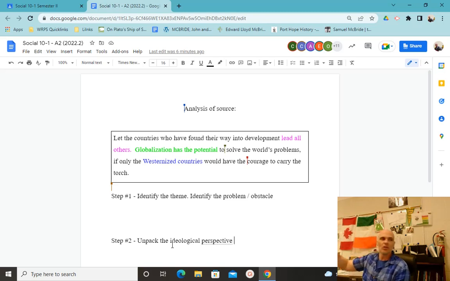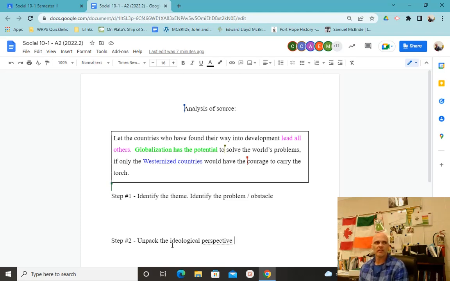That's the Western Hemisphere. So when they're saying Western countries, they're talking about the United Kingdom, United States, Canada, France, Germany, Italy, Spain, really talking about the G7 to some extent, the majority of the members of the G7. We're talking about those, what qualities do they have? Well, they're democracies. They're also capitalist countries. What else can we deduce about these Western countries that the source is suggesting? What do they share?